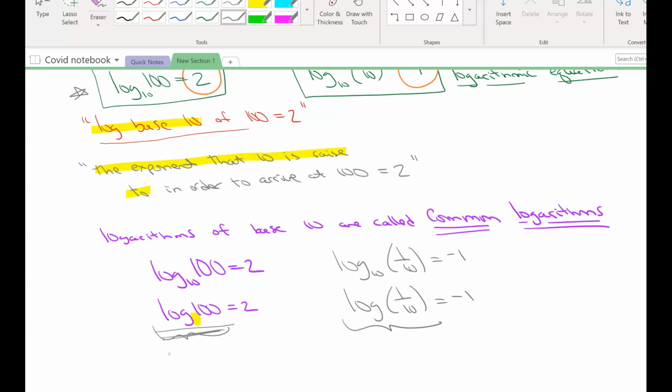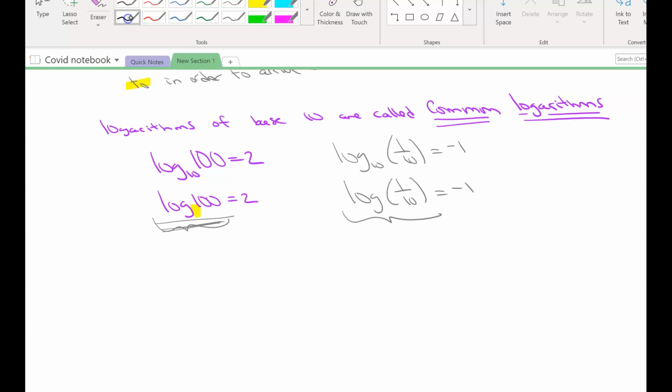Okay, what I'd like you to do is to look at number 491. Okay, number 491, it's asking you to do something in the book. I want to ask you to do something additional. 491 says, write each of the following numbers as a power of 10. Okay, here's what I want you to do. I want you to write each of those numbers, A, B, C, D, E, F, as 10 to the some